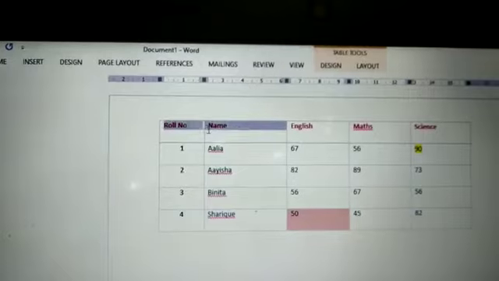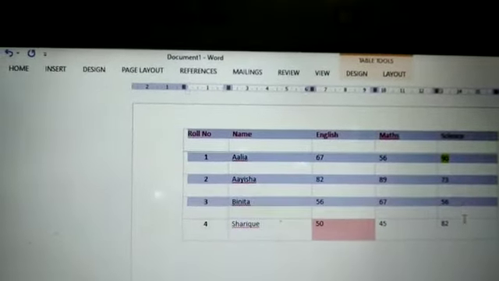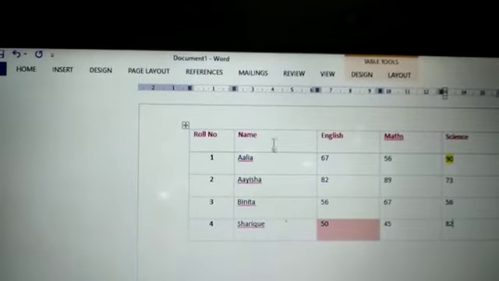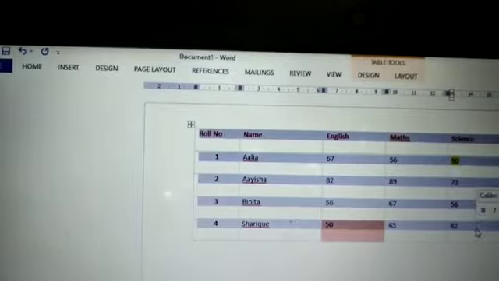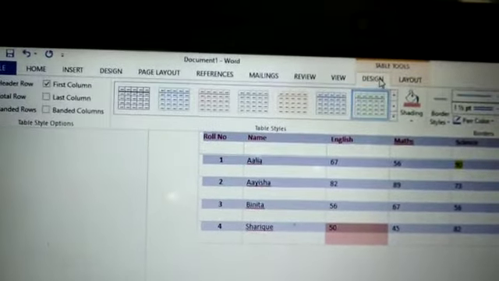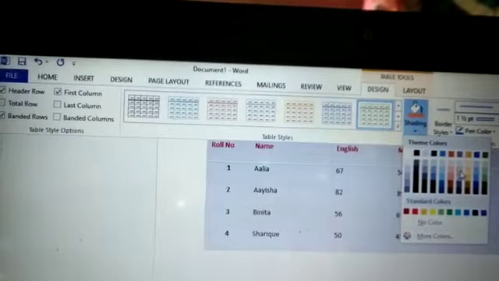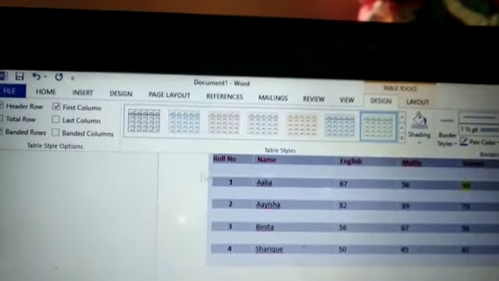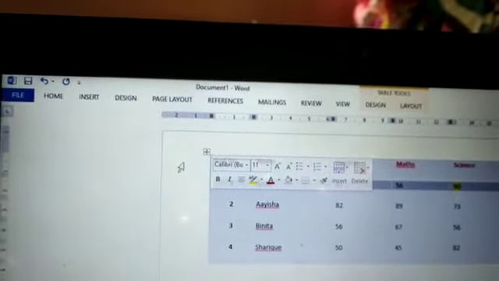If I want to color each cell, I want a colorful table, so either we can go to the Design tab, or we can go to the shading part and select which color we want. That color we will get. So I got that color table.